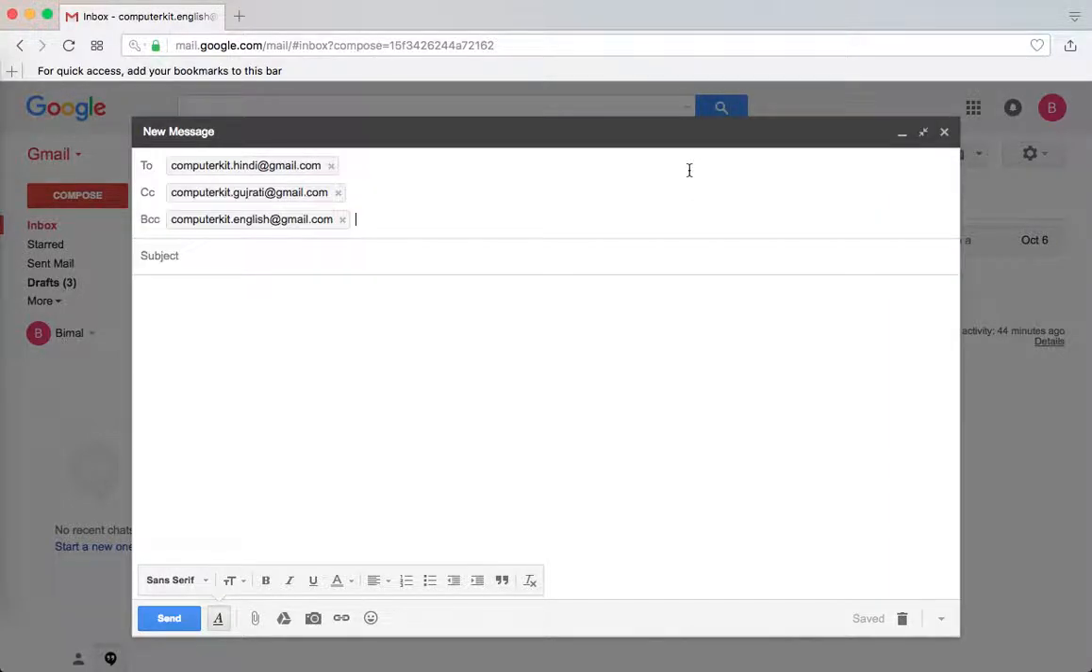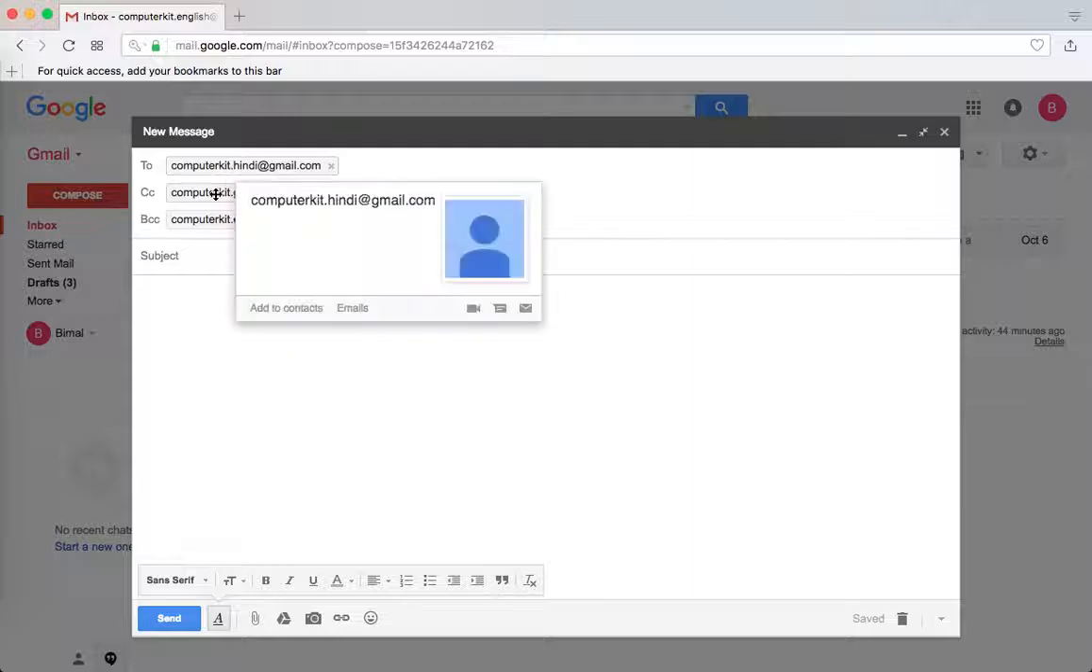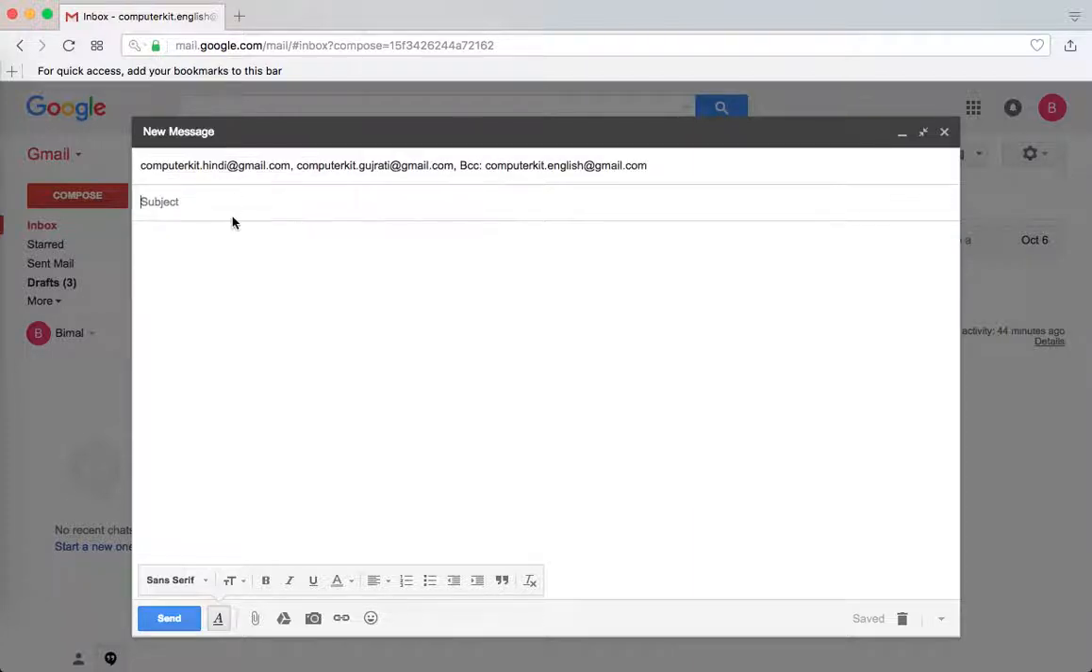Now I will show you how exactly it will be seen in all these three inboxes. Now let's say I'm typing in the subject. Subject will be learning computers. Okay, you can see here it has come here, learning computers. This will be the subject of the mail. I'm typing here email. This video is for